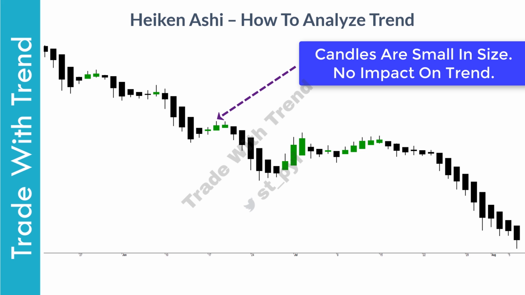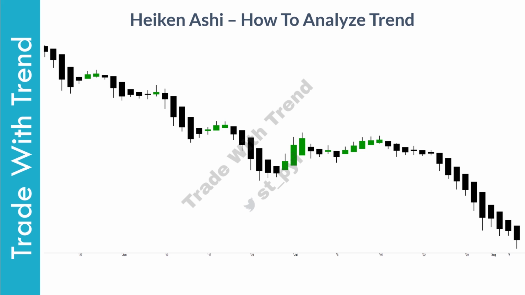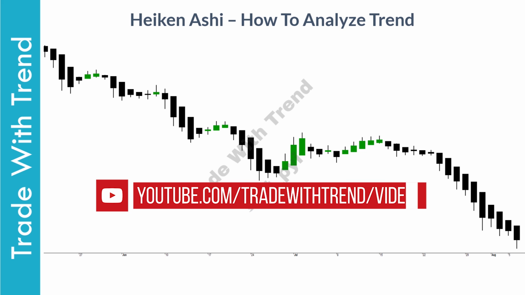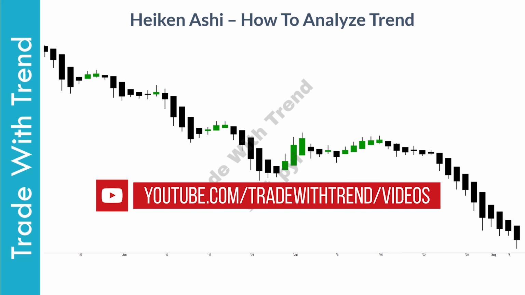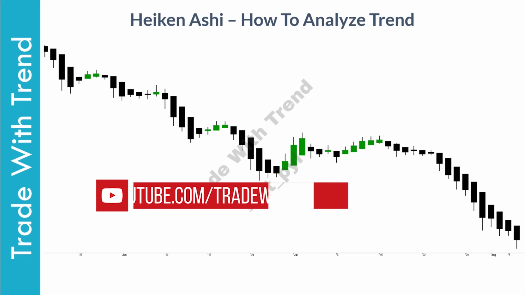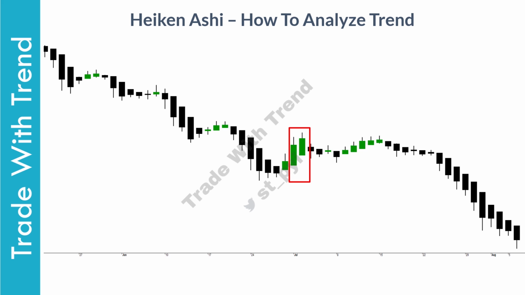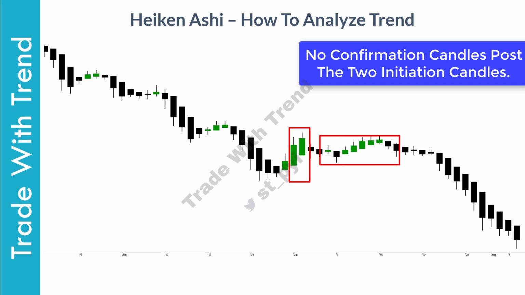Now, while this is easy to see in hindsight, it is difficult to maintain calm when these appear in real time. This is mainly due to the fact that such candles are perceived to be trend changing candles, and once these appear, traders begin to exit positions in anticipation of trend change. Now at this region, we get 2 initiation candles on the upside. However, post this, there is no confirmation candle that shows up. Instead, we get the set of indecision candles that suggest hesitation in price to move higher.